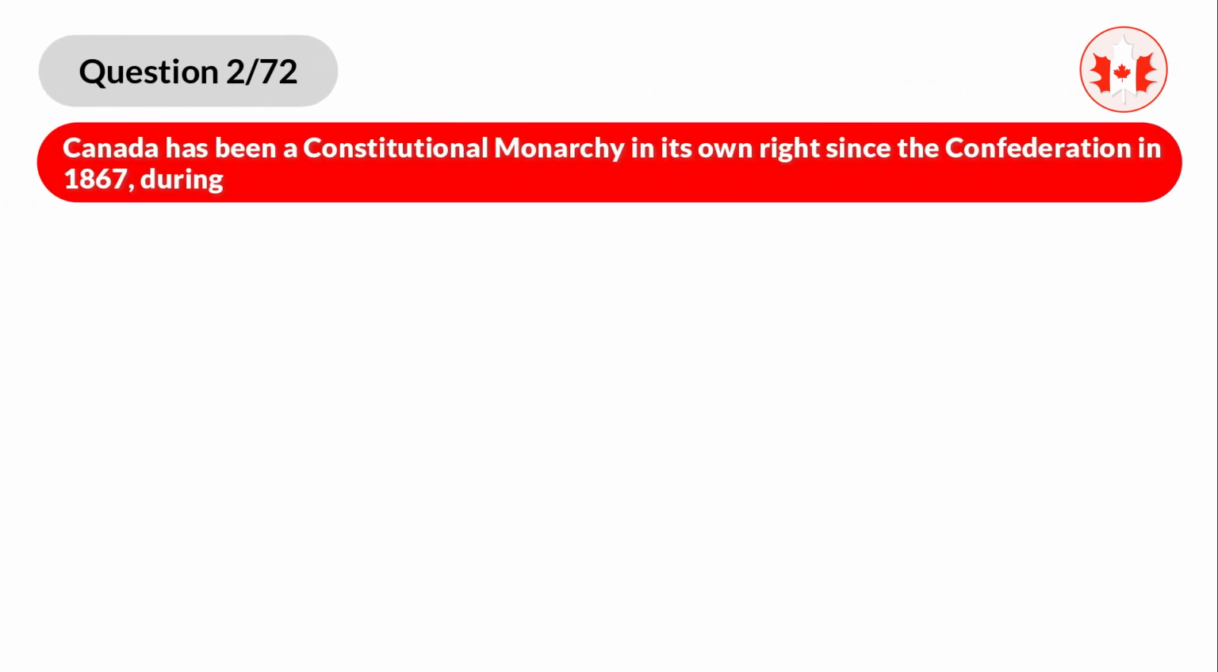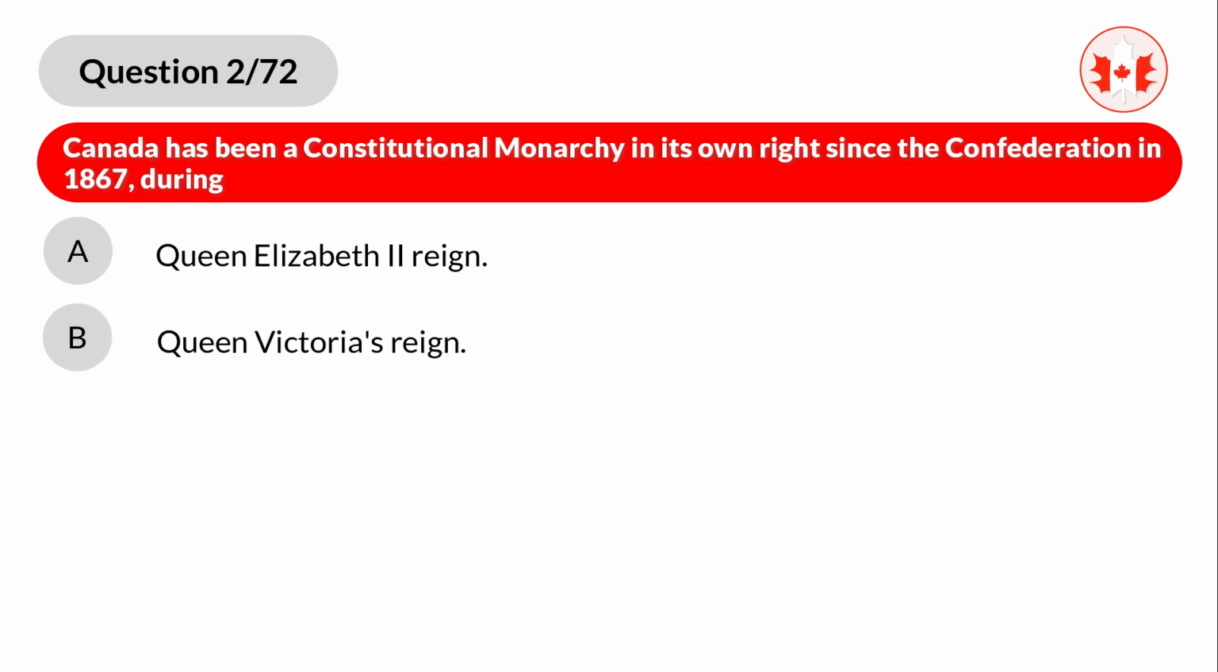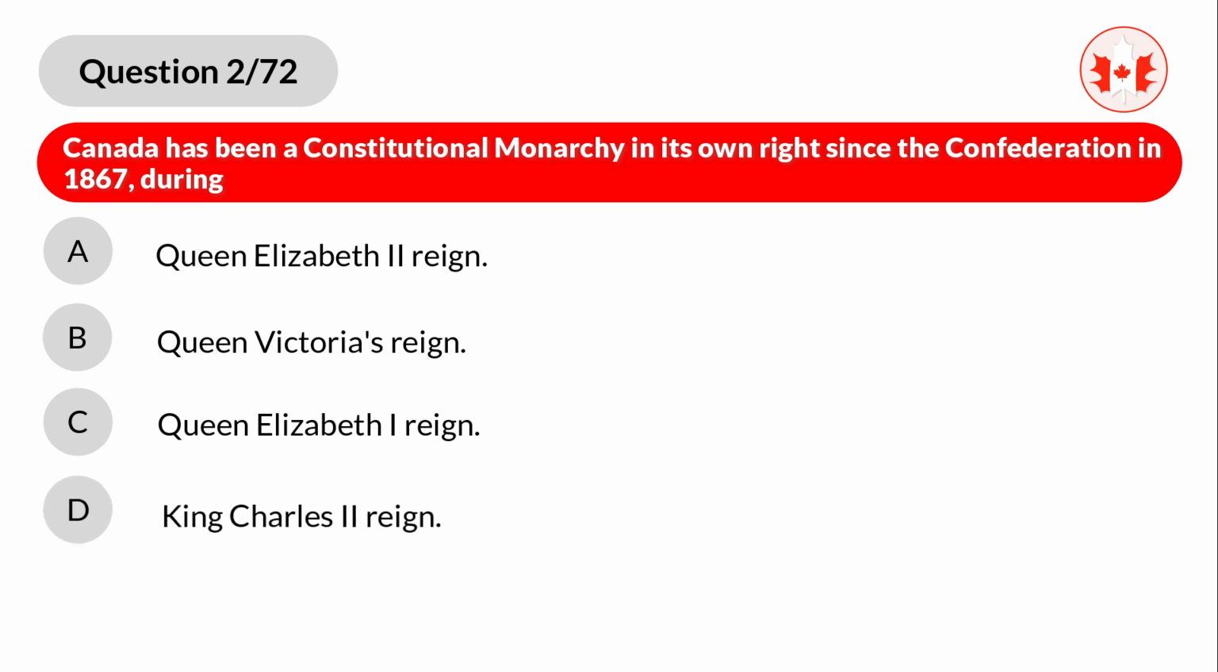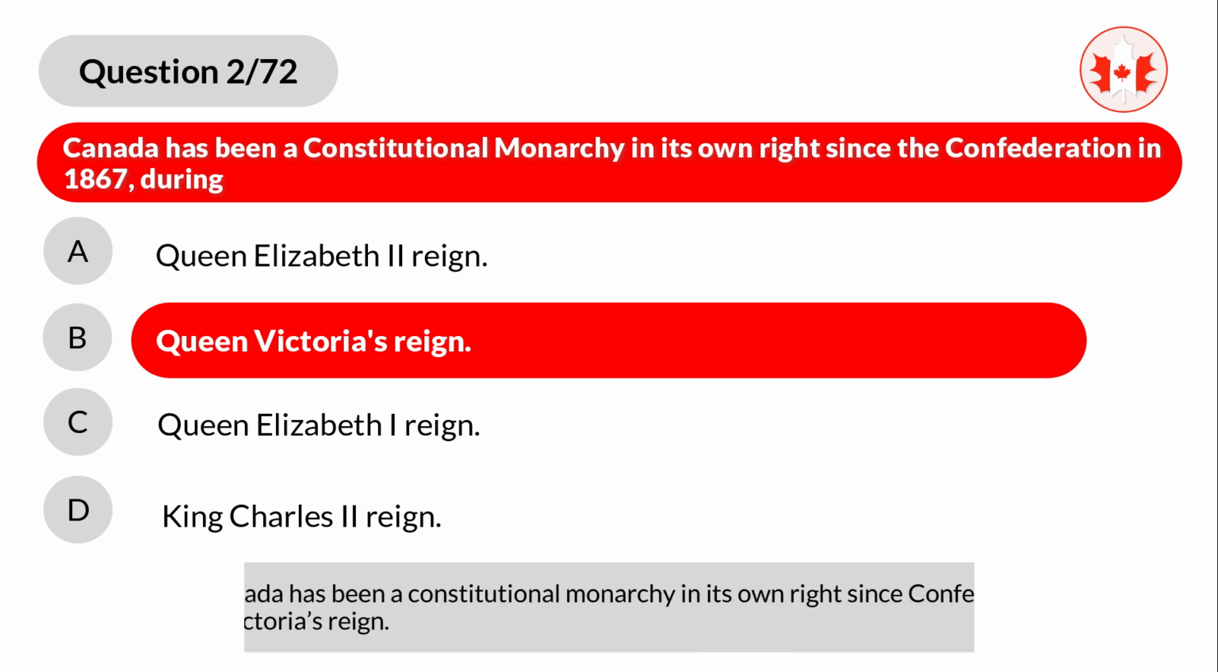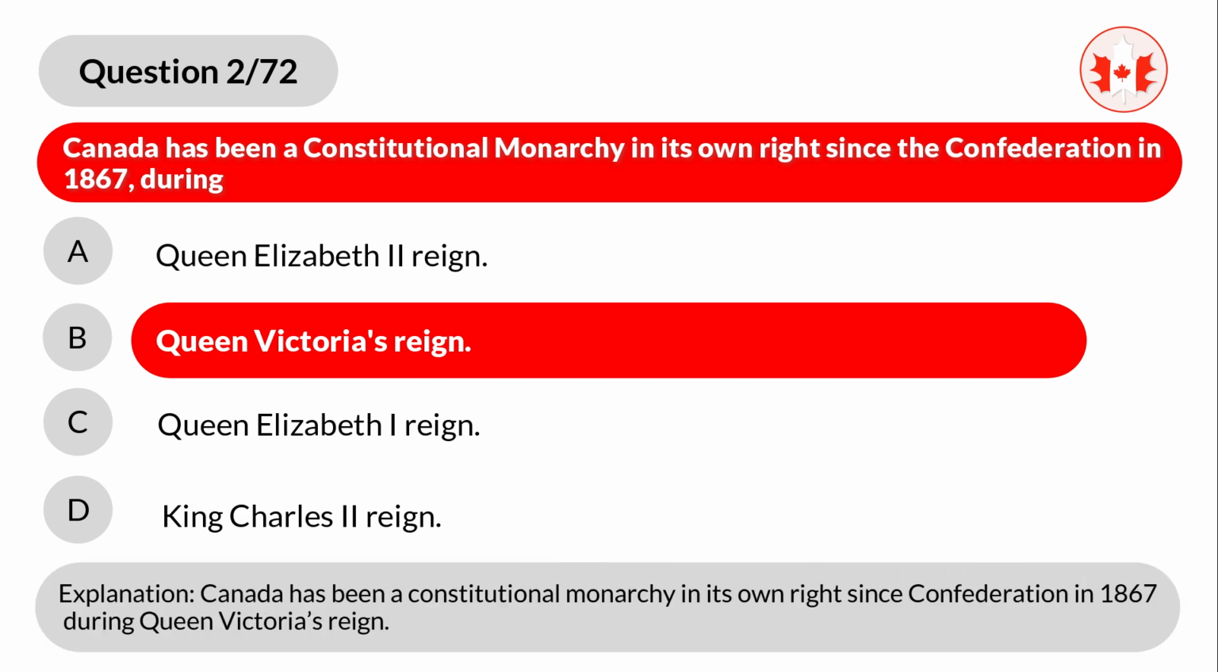Question 2. Canada has been a constitutional monarchy in its own right since the Confederation in 1867, during: A. Queen Elizabeth II's reign. B. Queen Victoria's reign. C. Queen Elizabeth I's reign. D. King Charles II's reign. The correct answer is B. Queen Victoria's reign. Explanation: Canada has been a constitutional monarchy in its own right since Confederation in 1867 during Queen